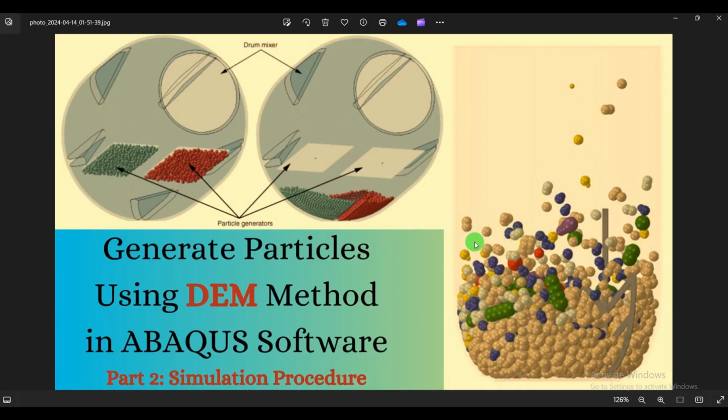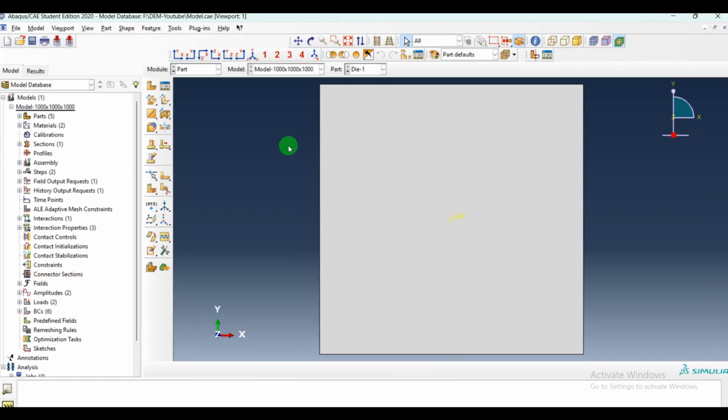First of all, it's necessary to create your model in Abaqus and then provide your IMP file. After that, for generating particles using the DEM method, you need to modify your IMP file. So first of all, I need to explain my